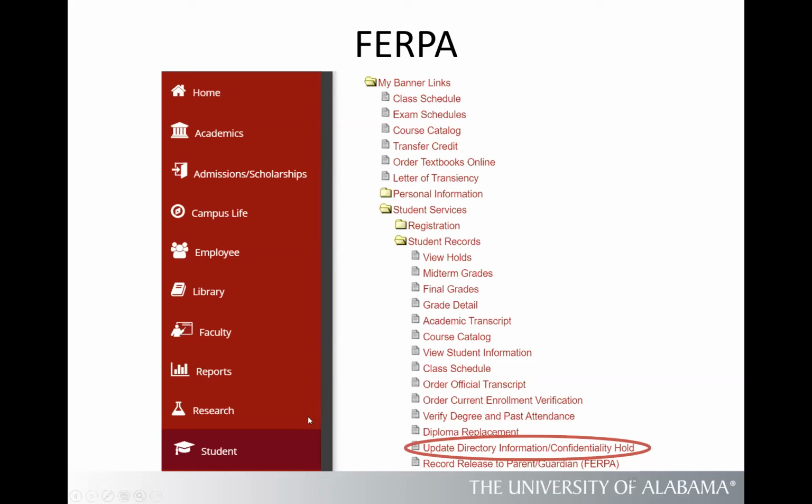If they want to give their parents or legal guardian access, they can click this link here, verify the parent or guardian's information, and hit submit, and all of a sudden that person's name is on the system. That comes in handy if a parent has any questions about student billing or financial aid. It's good that the student submits that. And again, this is all controlled by the student. It's the student's educational record, and they decide who they grant access to or who they do not grant access to.